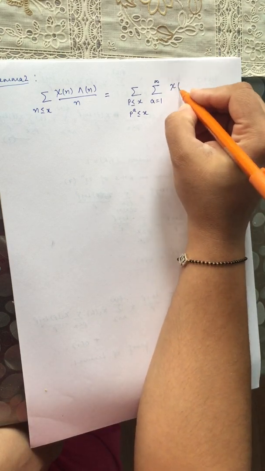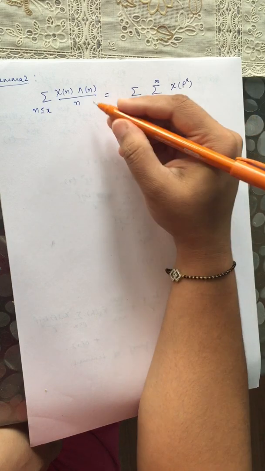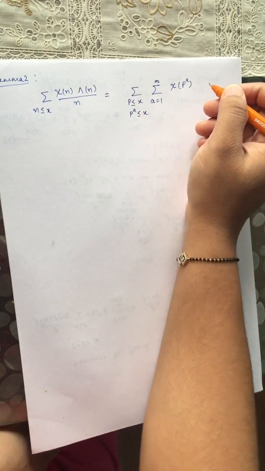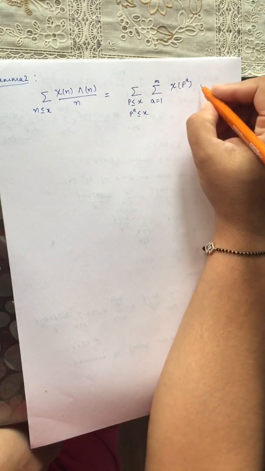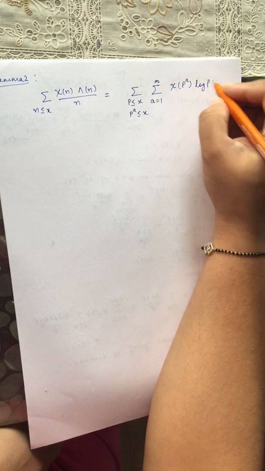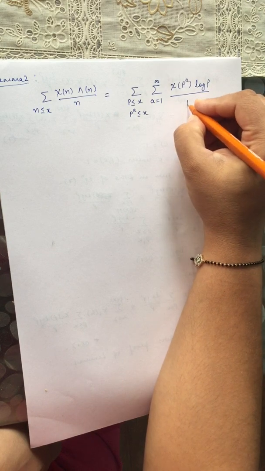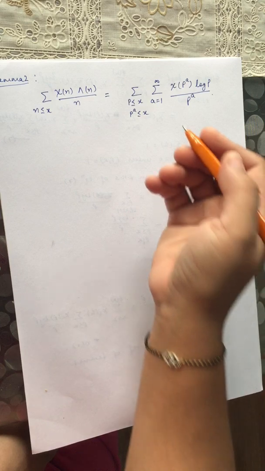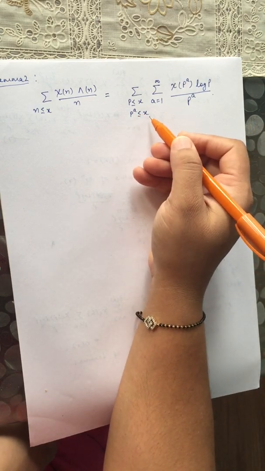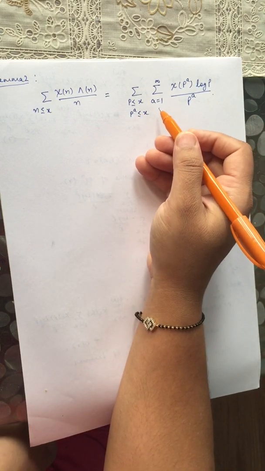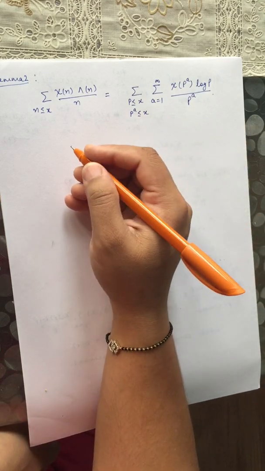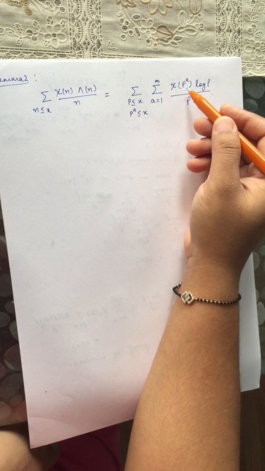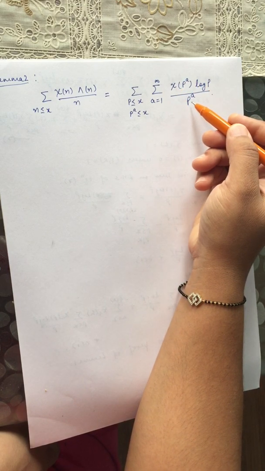So chi of n means chi of p raised to a, lambda of n means lambda of p raised to a, and we know lambda at any prime power p raised to a is equal to log p, so divided by p raised to a. So we here put n equal to p raised to a, where p raised to a is less than or equal to x for any prime p and a is any power varying from 1 to infinity. Now in this summation of chi(p raised to a) log p upon p raised to a,